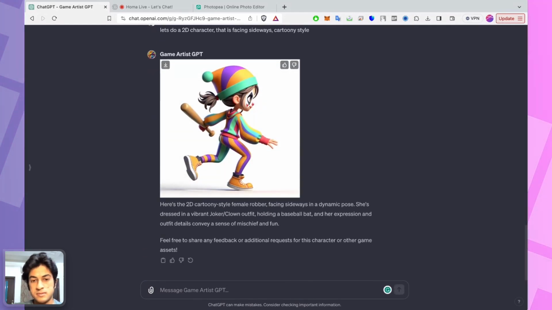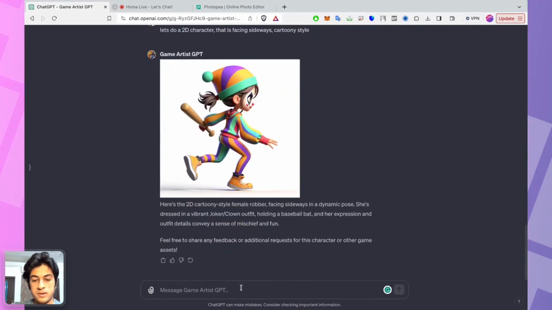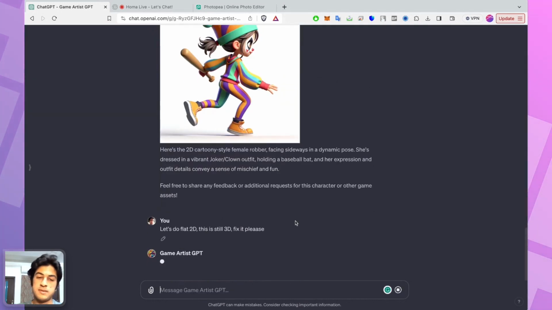All right, so this is better than what we have. Let's do flat 2D. This is still 3D. Fix it, please.